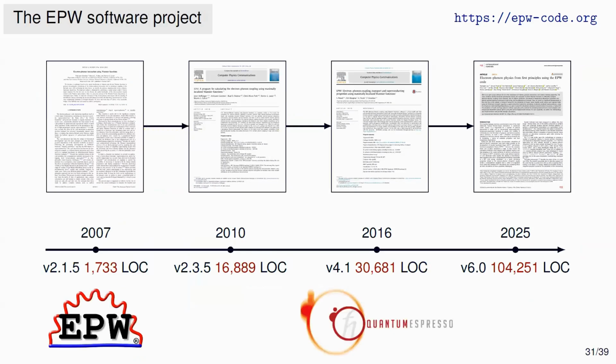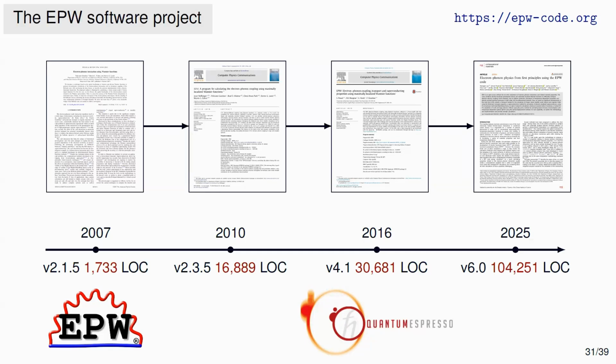Now I just want to tell you a little bit, if I have 5 minutes, about the software infrastructure we developed to do this. All of this requires a lot of effort in coding. Most of it is based on a piece of software called EPW. Actually, this started when I was a postdoc. When I wrote the first version, it was barely 1,000 lines. And with multiple postdocs, then postdocs who became professors and have their own groups, postdocs and students, it has grown into something which is more than 100,000 lines now.